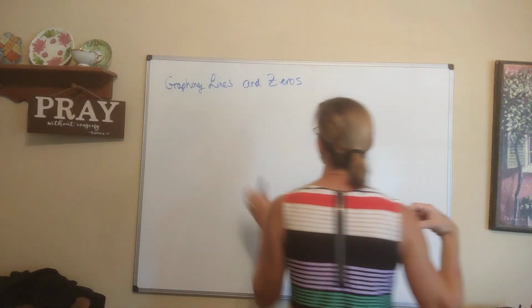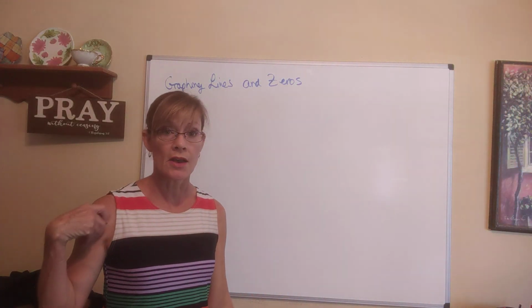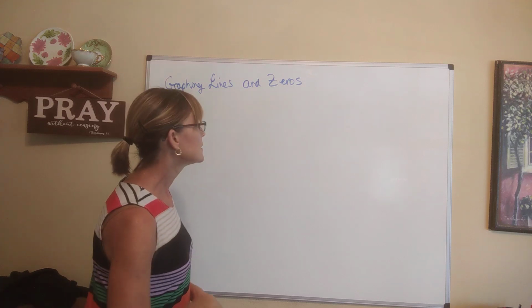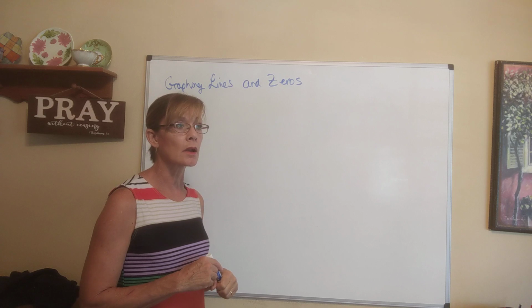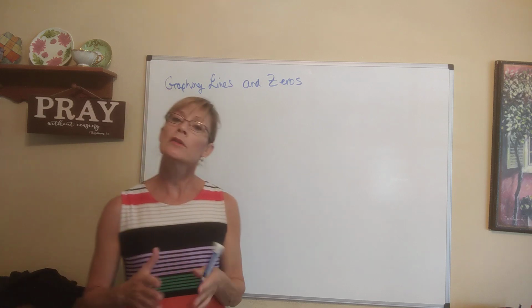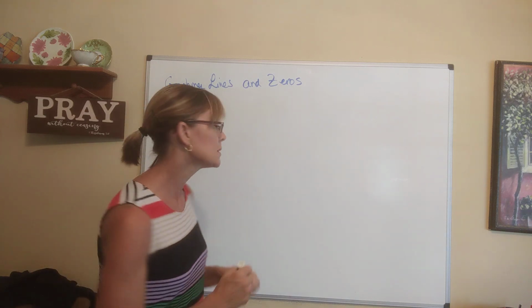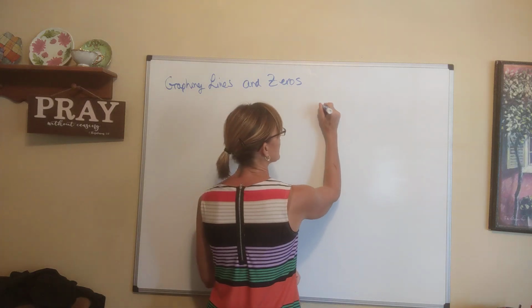This video is about graphing lines and zeros of a linear function. And so lines, you are familiar with lines and we see them everywhere. This is the slope-intercept form of a line. We're going to begin with this. The slope-intercept form of a line